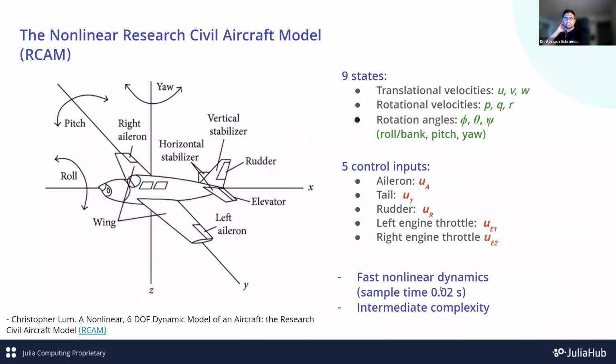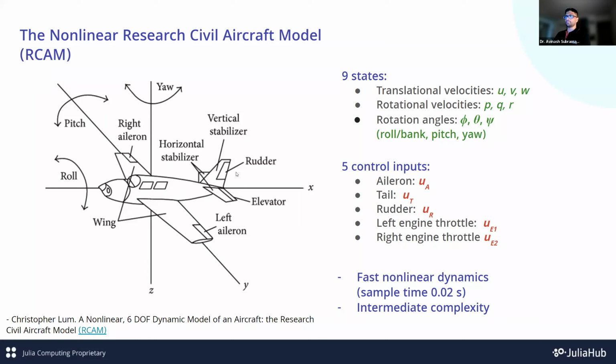Right. So the application I would like to present today is this nonlinear research civil aircraft model. This aircraft model is an application of intermediate complexity. It has fast nonlinear dynamics. For instance, we would need a sample time of say 0.02 seconds. Right. So just to describe it, as seen in this picture, it's comprised of 9 states and 5